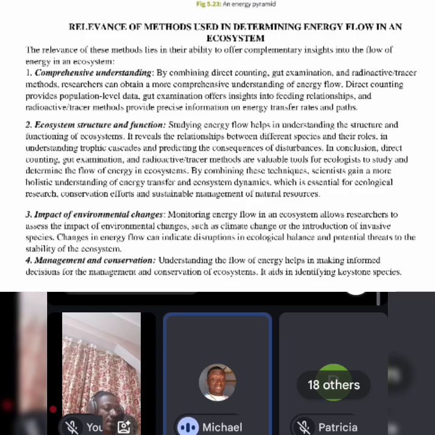So all these will help us scientists to gain a more holistic understanding of energy transfer and ecosystem dynamics, which we will study in year two, particularly known as population dynamics. That's the changes that do occur and the effect of those changes. If you have more ants in a place, something will happen. If you have more termites, it means there will be a lot of decaying of things,